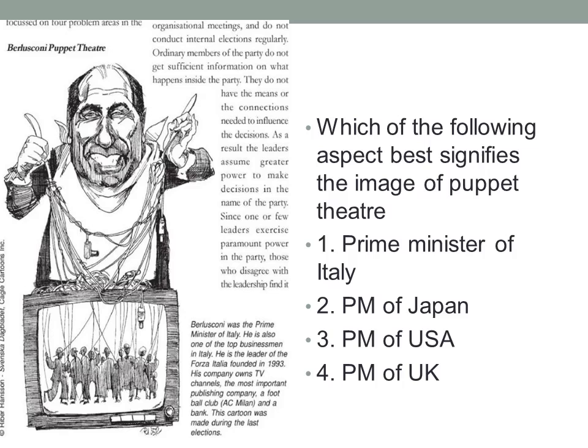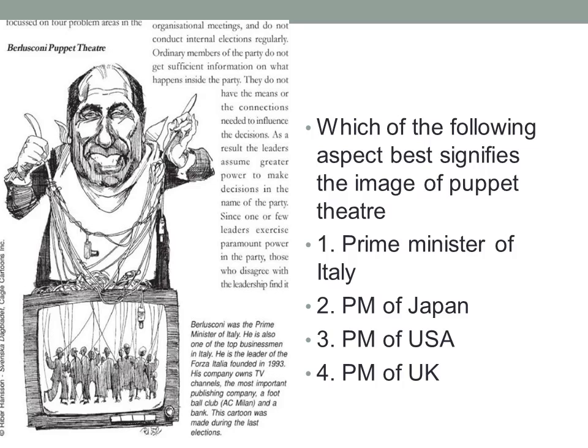But what they are trying to show in this is that important sectors like media, corporate and political were under the control of one person only. That person will not allow you to look into the other perspectives or other dimensions of issues. That is against democracy. So they have depicted this as a puppet theater. Try to understand why puppet theater. It is not like he's the leader of a, because if you will not read the captions, I'm sure what you will